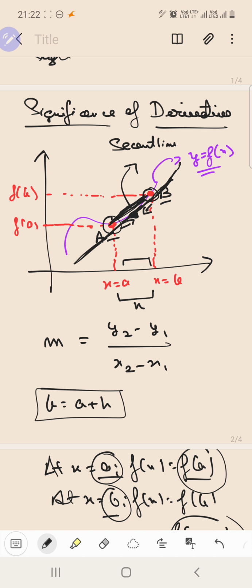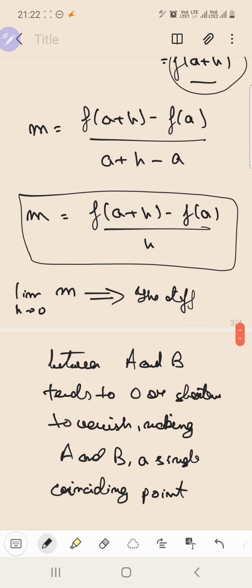This line, which was till now connecting the points A and B, when A and B coincide to one single point, the secant line shifts downwards and becomes a line which touches the curve at one single point and not two different points. When the secant line gets transformed into such a line which touches the curve at one single point, the secant line gets converted to a tangent line, and we can say that